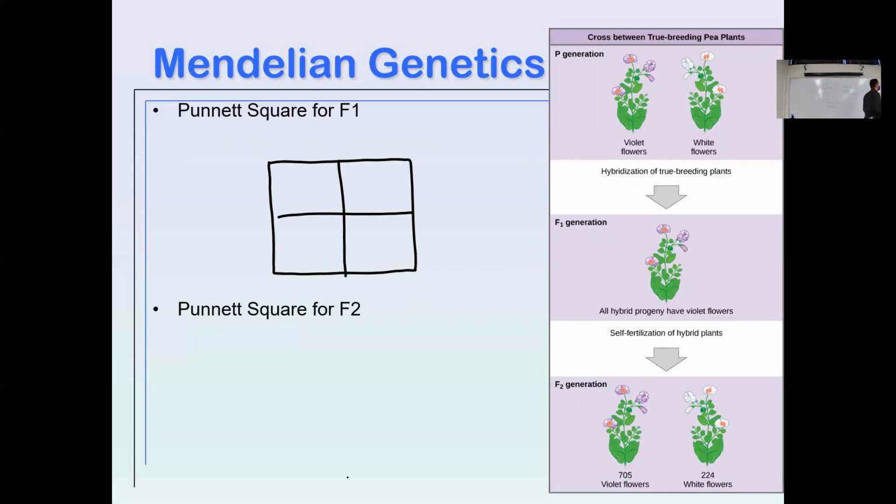And across the top here, you put the alleles for one parent. So in the F1 generation, again, we're crossing violet plants that have only been bred with other violet plants, so they're always just going to have violet alleles. And on the other side, across the top, you put the alleles of one parent. On the side, you put the alleles of the other parent, in this case, lowercase v's, because those are whites. And you just go through here. So right here in this box, I'm going to take the capital B from the top, from this parent,